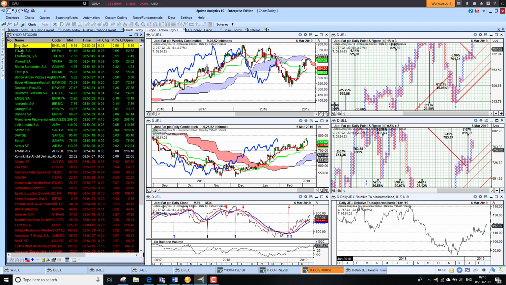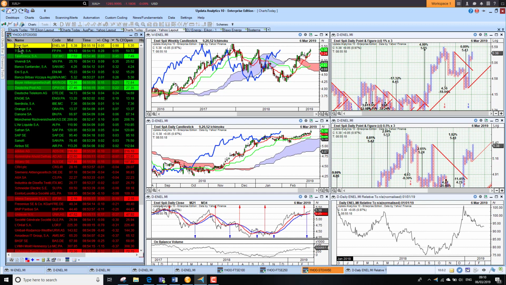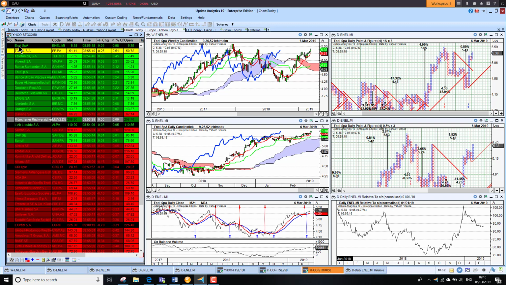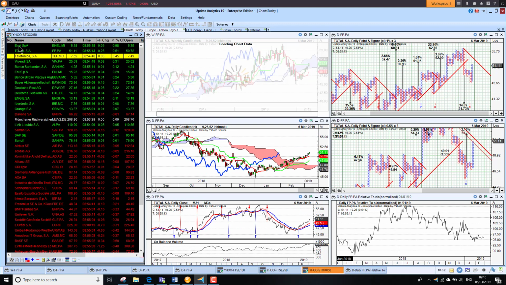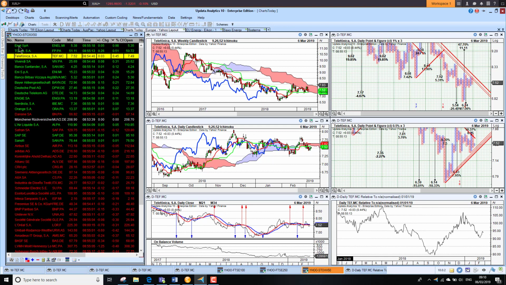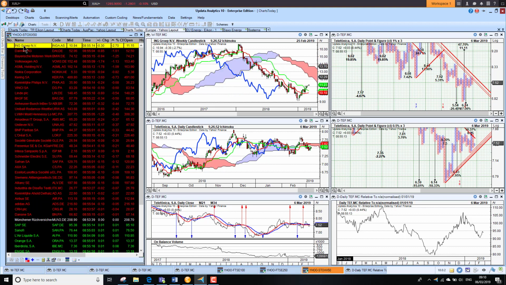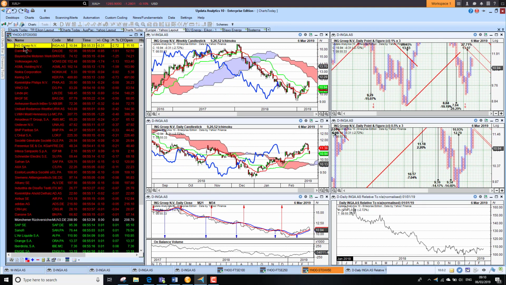Best performer is Enel in Italy, up 1% this morning. That chart looking pretty good. Total in France up 0.5%, so we're seeing some improvement there. And Telefonica up nearly 0.5% as well. Vivendi up 0.3%. If we go to the other side of the coin, we've got ING in Holland down 2.7%,